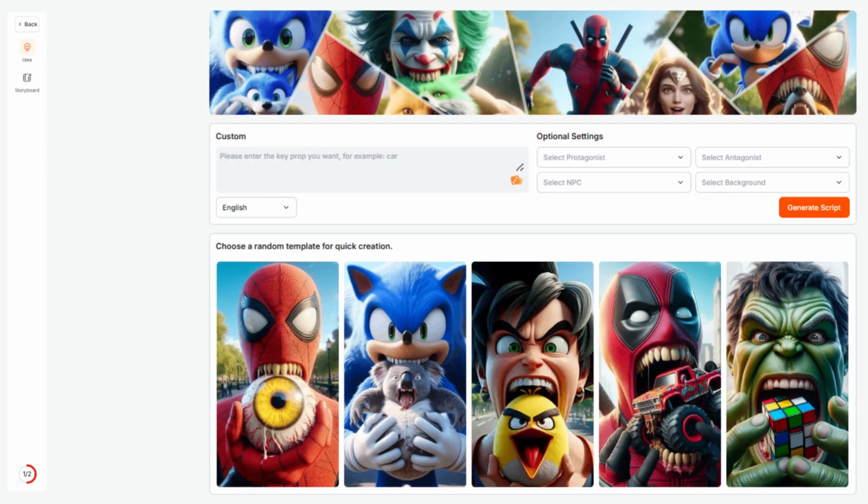This is the superhero creation page, and here you can build a complete faceless video using characters, props, and backgrounds generated by AI. At the top, you'll find a custom prompt box where you can describe anything you want the AI to include in your story. Below it, you can select the language for your script. On the right, the optional settings let you customize the protagonist, antagonist, NPC, and background using simple drop-downs. You can mix and match characters like Spider-Man, Sonic, Goku, or the Joker, and choose settings such as Central Park